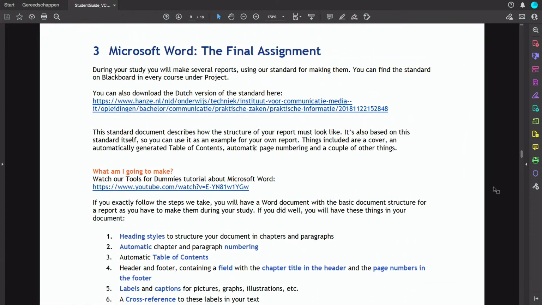So yeah, you guys will make a lot of reports during this study, of course. And we want you guys to make a standard document with a good structure which you can use for every report you're going to make in the future. So it's like a basic standard document you will save on your computer, and every time you need to make a report, you start up that document and you start working in it, because then you already have a clear structure, you have heading styles, you have different kind of